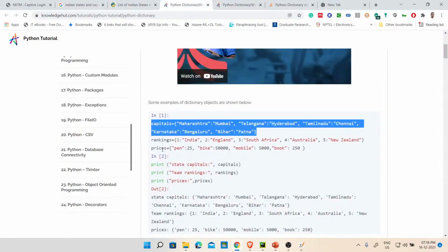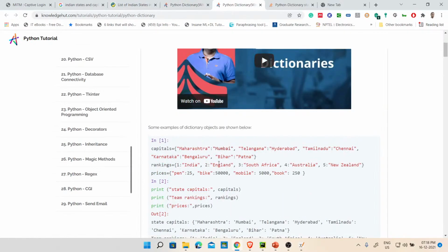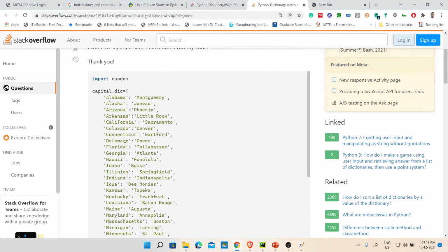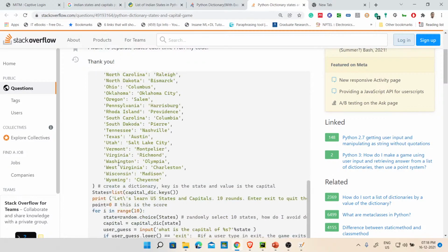Apart from this, I went here. This one you actually get the entire thing, right? And this is obviously from the US. So the capital of Alabama is Montgomery. Alaska is, I don't know how to pronounce it. Americans, don't get angry with me. Arizona is Phoenix. Arkansas is Little Rock. California, Sacramento. Colorado, Denver. And like that it goes on, to Wyoming, Cheyenne, I don't know how they pronounce it. Wisconsin is Madison. West Virginia is Charleston.